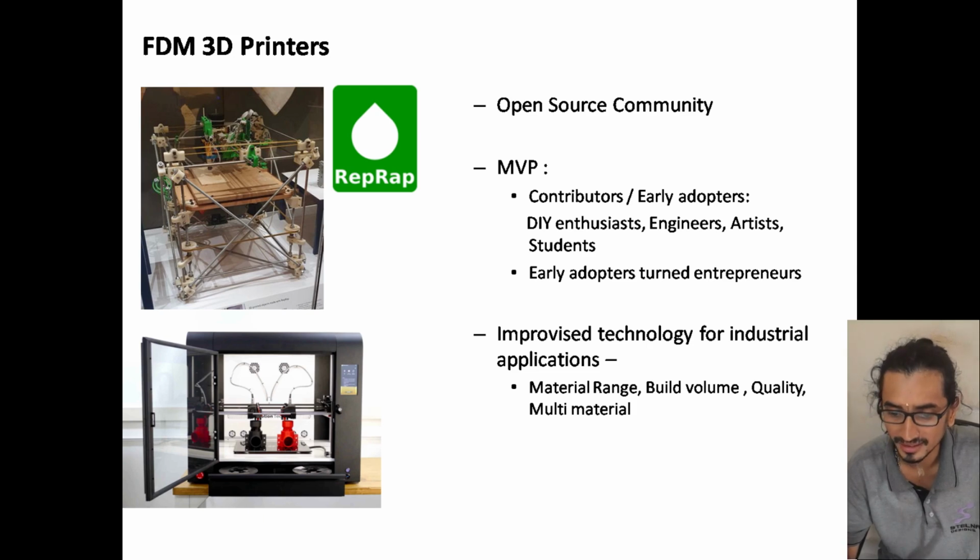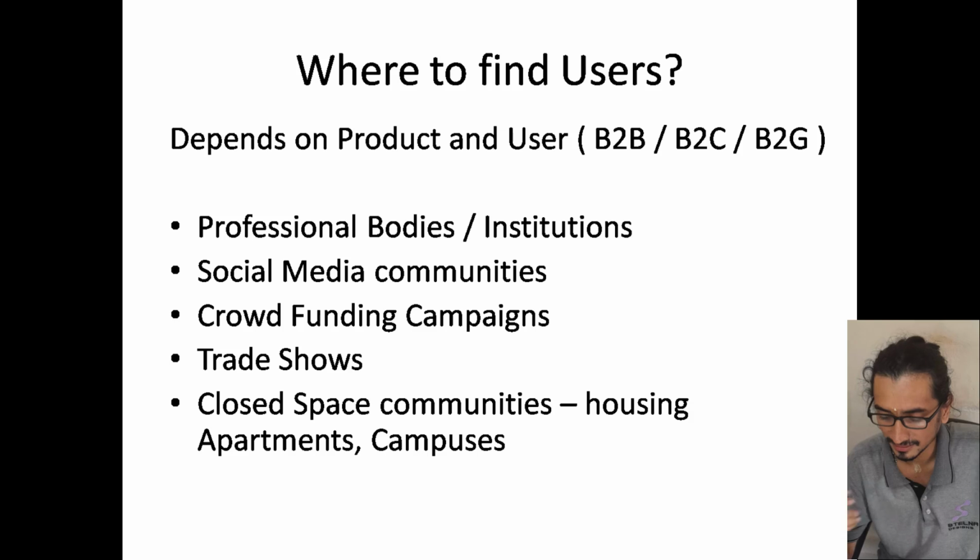This is a very interesting case where you get validation from the community itself, and through that community you found ways to sell the products to industries or a larger customer base. So when we say users or customers,